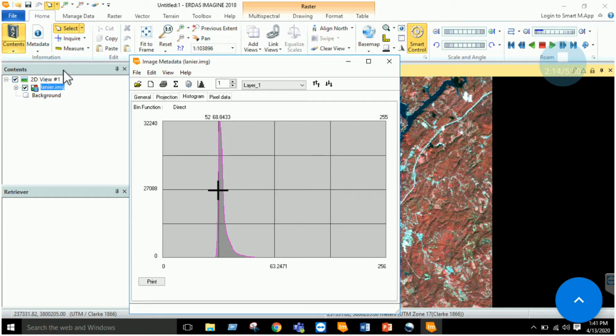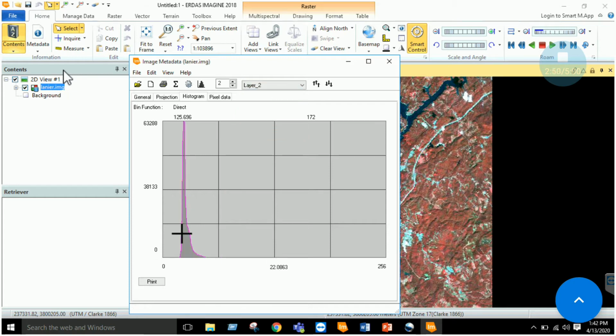So it shows that any feature which has a DN value of 63, it might be water or anything, has a major occurrence in this image. So interpreting a histogram gives you a first idea about the image. Most of our values are located between 61 and 85, 86, right? So the majority of our data is between 65 and 85, right? So this is the interpretation of the histogram in layer 1.